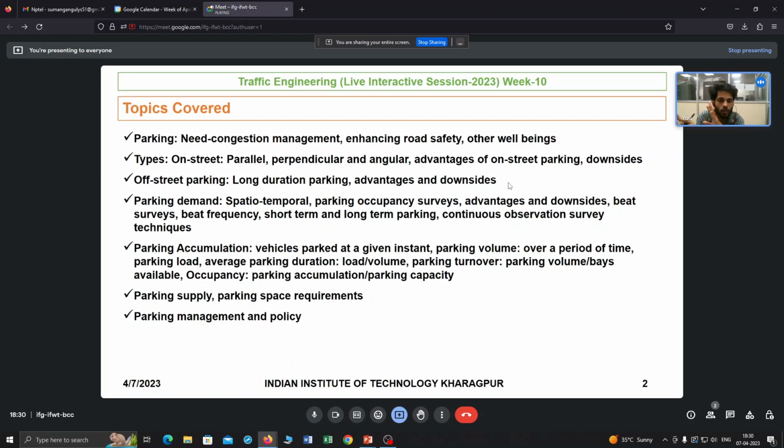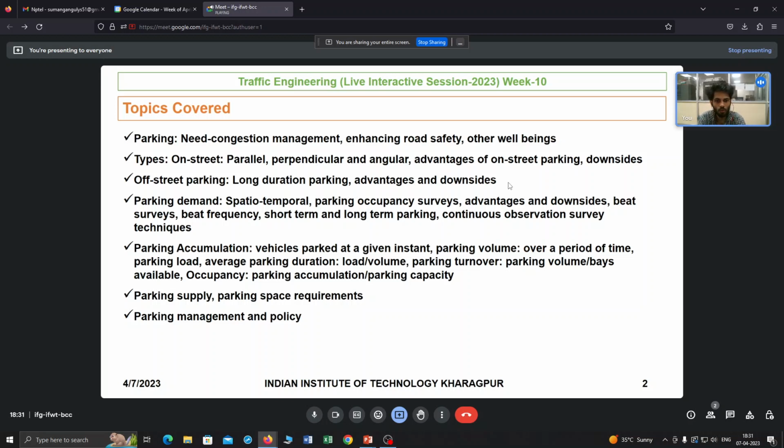Parking occupancy survey means, let's consider a scenario where, within the peak hour 9 to 12, you went to, suppose, 5 parking locations, and you went 2 times, once in the morning and once in the evening, and you see how many vehicles are parked. So you find that maybe during 9 to 11 there are 20 vehicles parked, then 11 to 1 maybe 15 vehicles are parked, right? Then you may also see that in different locations this 20 is varying between maybe 17 to 23. So such kinds of variations also exist.